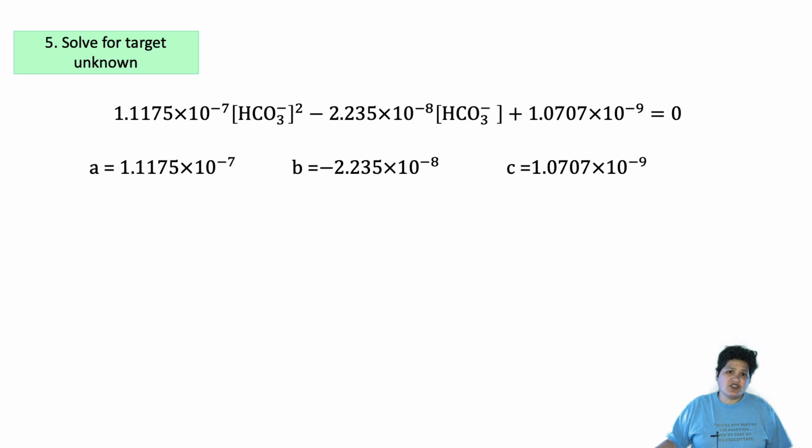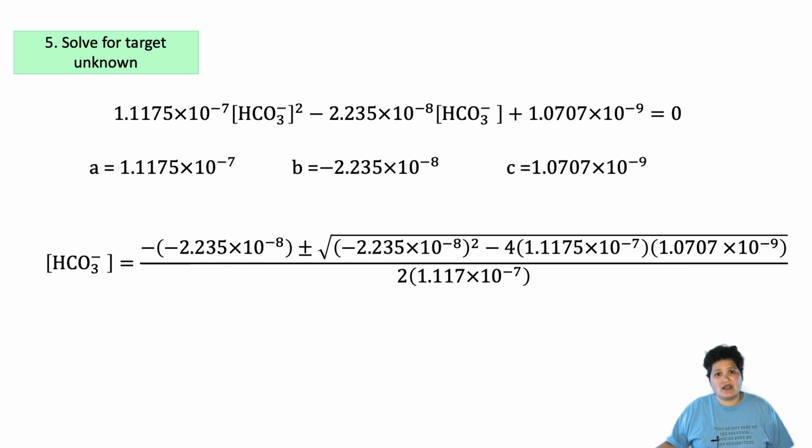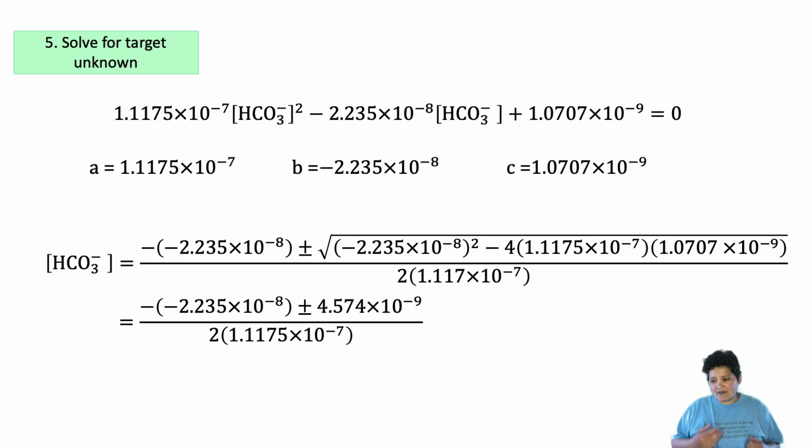We plug it into our quadratic equation, and so our bicarbonate is going to be this mess. We're going to get 2 roots from that. I'm going to simplify everything under the square root symbol again. So we have basically negative, negative. We have 2.235 times 10 to the minus 8th plus or minus 4.574 times 10 to the minus 9th divided by 2 times 1.175 times 10 to the minus 7th. And when you do that, you get 2 roots,